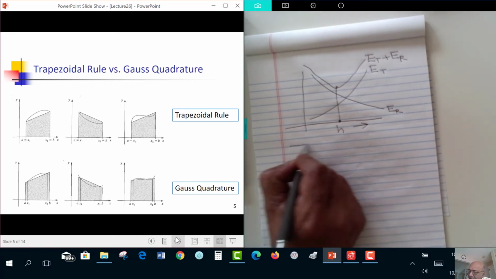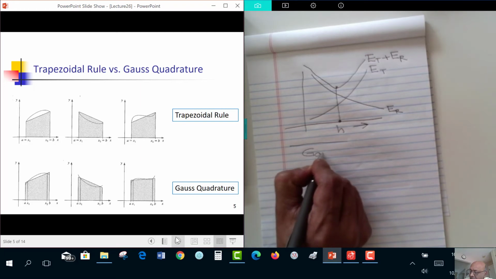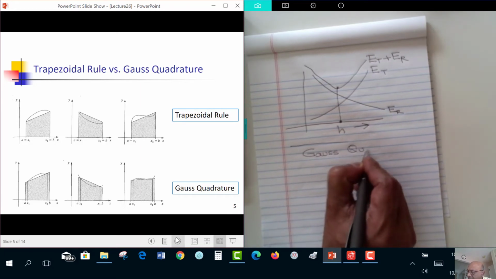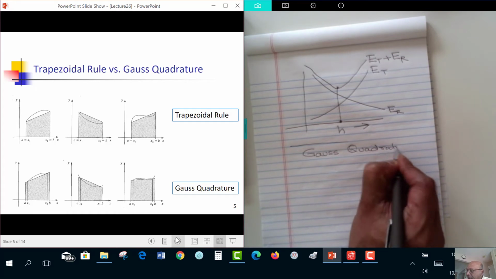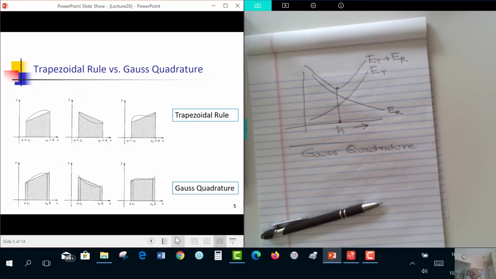Okay, the next method that we are going to talk about is Gauss quadrature. Before I get into the method, I want to say something. This method was not taught for a long time in traditional numerical methods courses because often the machines that we use, slide rules or hand calculations or log tables, didn't have sufficient precision. And this method is excellent if you have data that is of sufficient precision and you can do calculations with sufficient precision. So often we don't have data with sufficient precision